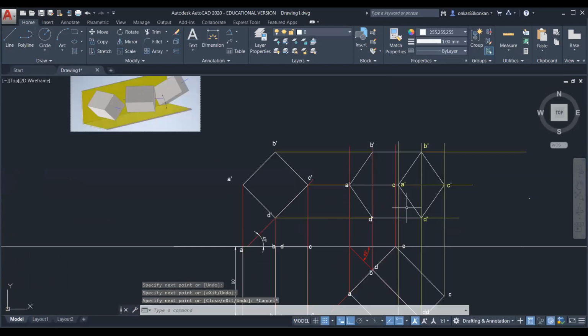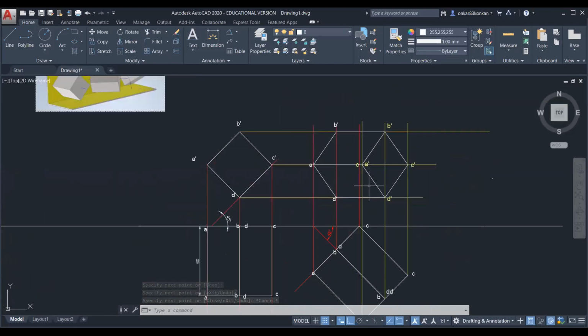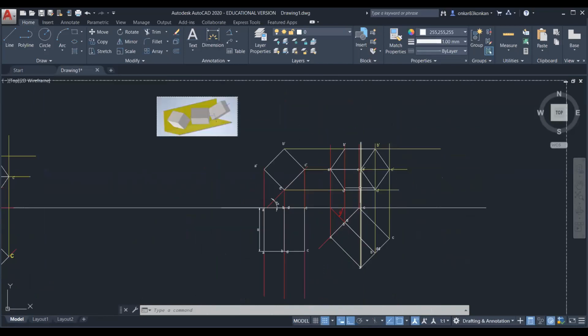Okay, so now if you observe, there are three edges which are inside the visible edges, and they are actually behind the object or behind the prism in the front view. So those edges will be hidden. So we have to use the dash line.